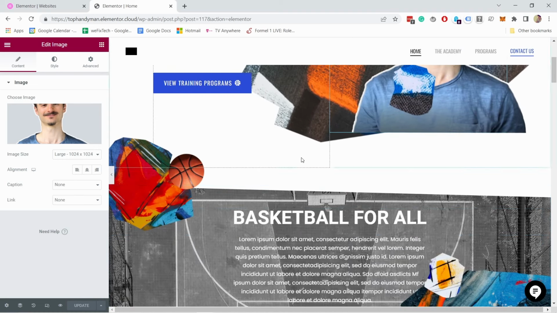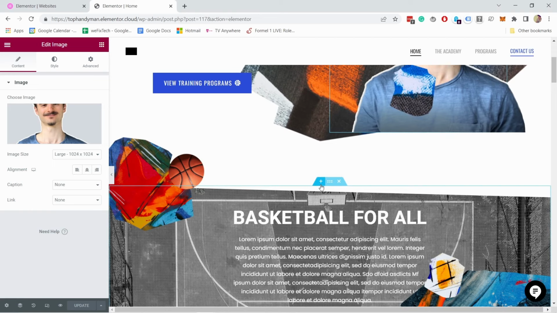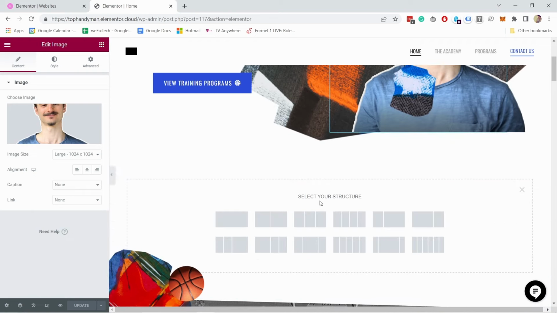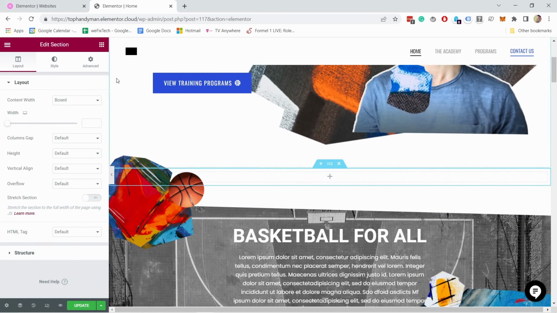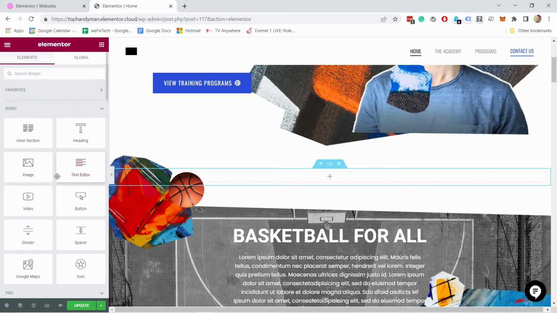All you have to do is come to the previous one. And when you hover over this, you'll see that you have this blue ribbon here. You click on the plus, and now you can add a new structure. I'll just add a simple one column layout like this. And now if you come here on top and click this mosaic icon, you can now drag and drop any